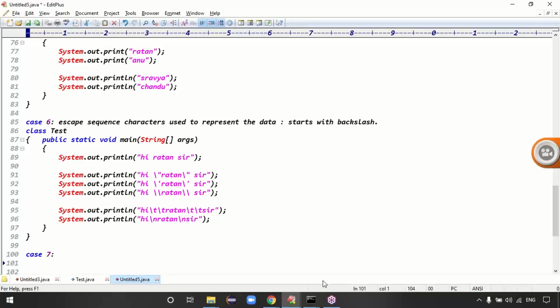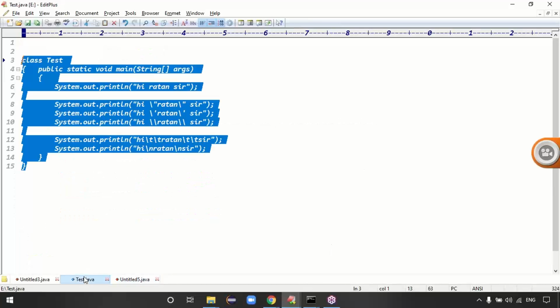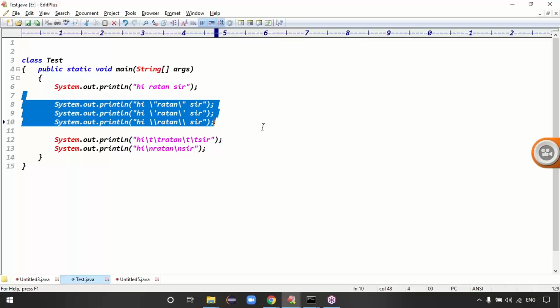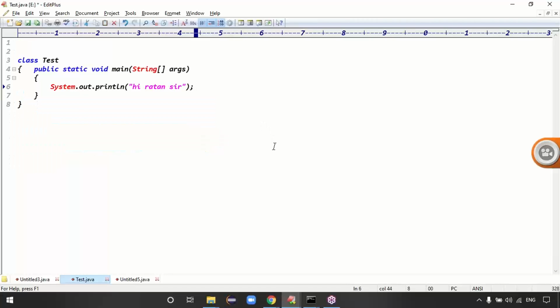If you take case 7, the small point regarding case 7 is the token, guys. See, guys, I'm printing here Ratan. If I'm printing just simply Ratan here, what do you mean by token? First of all, token means the smallest individual part of the application. It's not a Java concept, guys. It's normally just a word. A word is called one token.